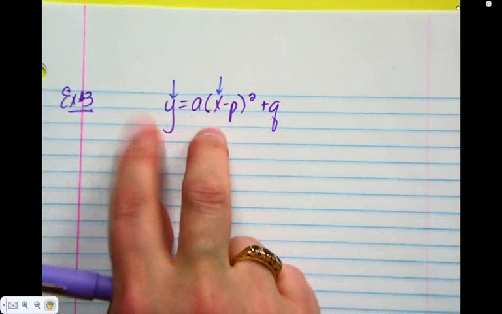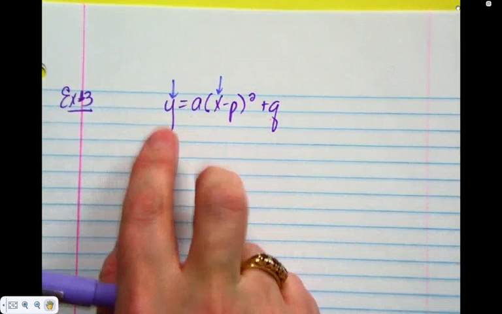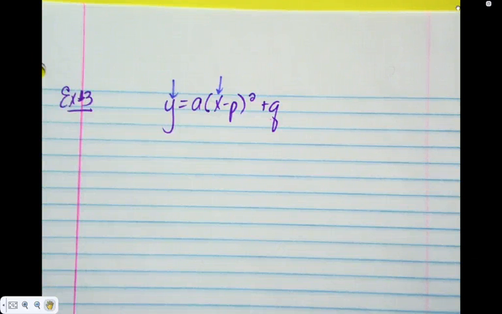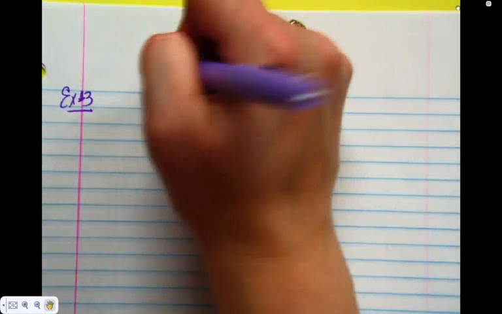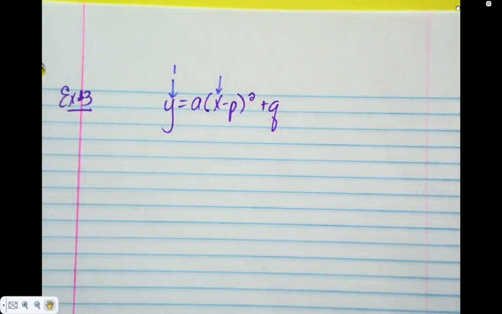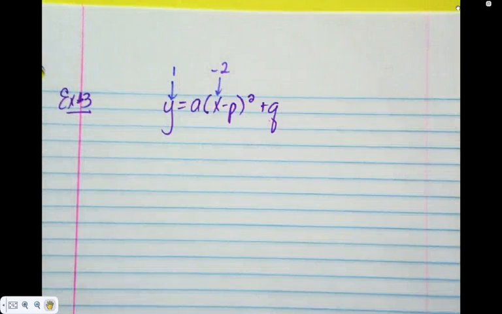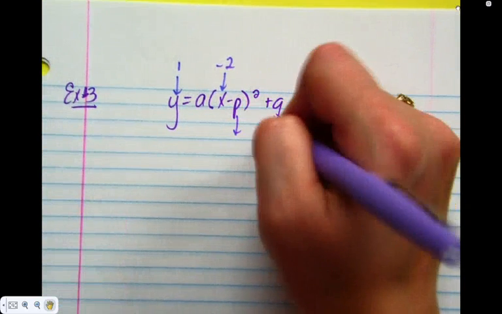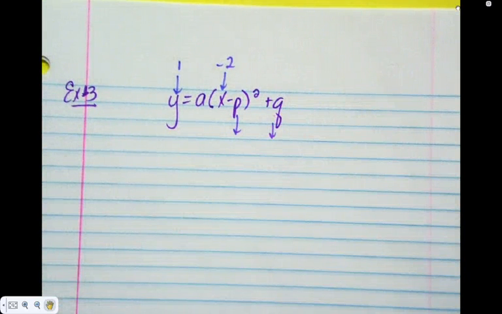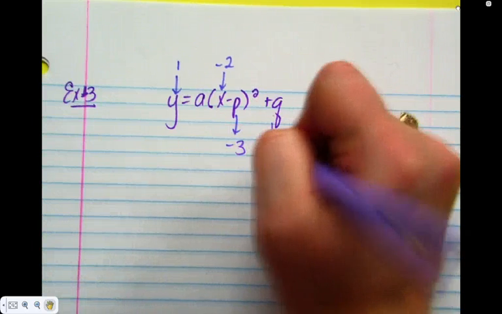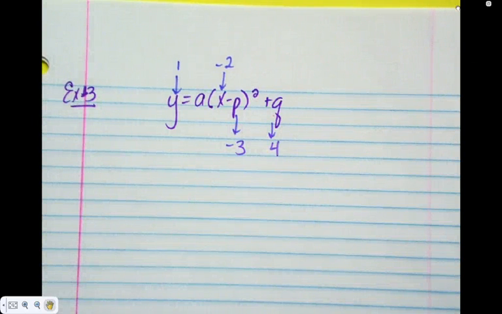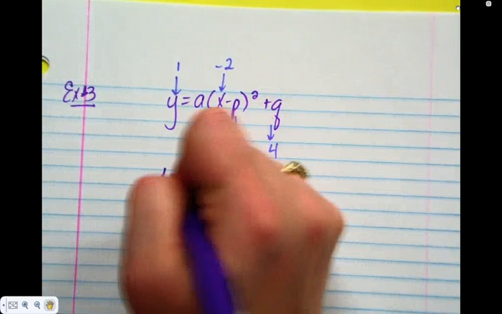X and Y are going to be the same. It's going to come from the point. So reading number 3, what are we going to put in place for Y? And for X? Negative 2. Only thing that's different from the last one is now we're going to put in the vertex for P and Q. So P is going to go in at negative 3, and Q is going to go in at 4. Okay, so instead of putting the x-intercepts, we're just putting the vertex in. So 1 equals A,